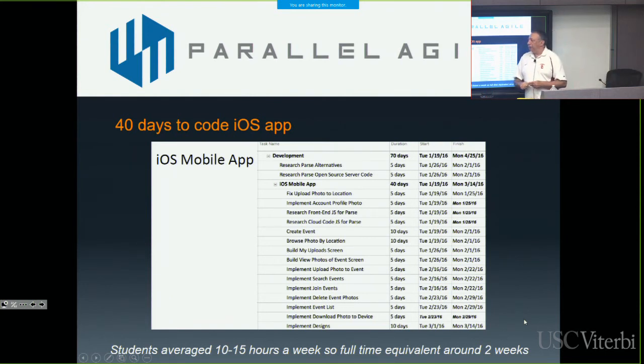But then you think about what is that in full-time numbers. These kids are working 10 to 15 hours a week. So if you normalize that out to what's the full-time equivalent, about 2 weeks worth of full-time coding effort on that project, okay? That's pretty good. And